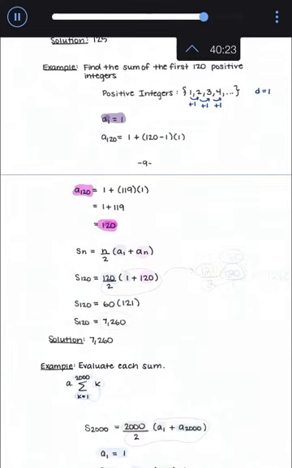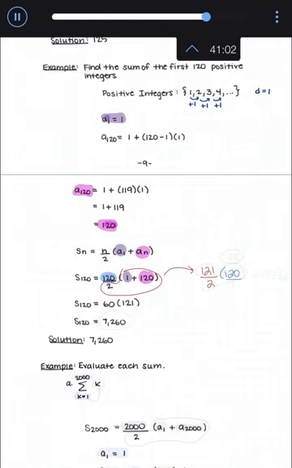So what does the formula tell us to do? The formula tells us to take the first one, the 1, and the last one, the 120, and average them. Add them up and divide by 2. Again, that's not going to be a pretty number. So it'll be 120 plus the 1 will be 121 divided by 2. And then at the end, you'll multiply by the number that was out in front, the number n, which is that you are adding up the first 120 numbers. So multiplied by